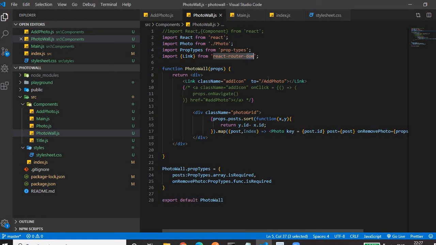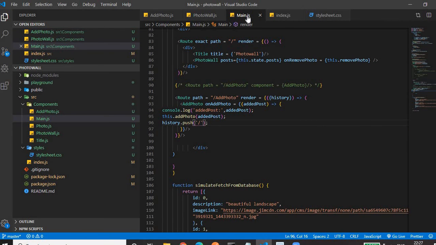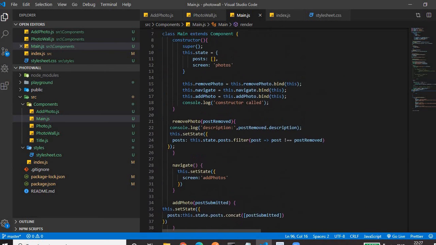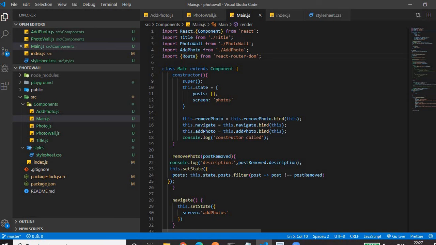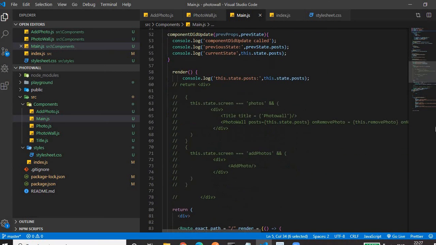Next, we have to configure this path so that when this path is activated, some components are rendered. We do this in the main component, because the main component is a container for the rest of the components. So here we will configure the path. For that, we have to import route from React Router DOM. Then we go to the render method.